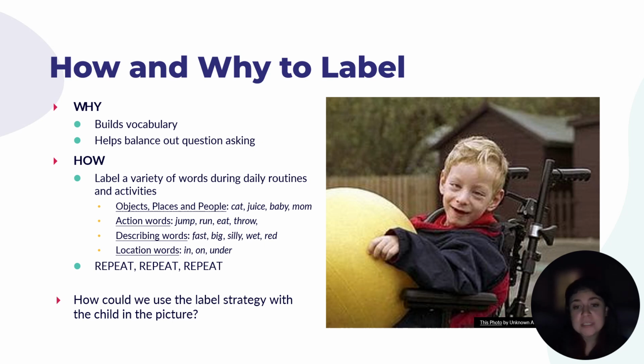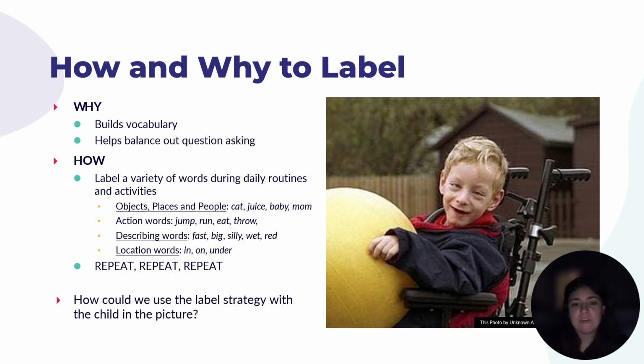To work on this at home, try making about 5 comments for every one question that you ask. For example, if your child is playing with a ball, you can make comments like bounce, squish, ball, up, down, smooth. And remember that we still want to think about our waiting strategy, so make sure that you space out the labels and give them a chance to copy if they'd like.